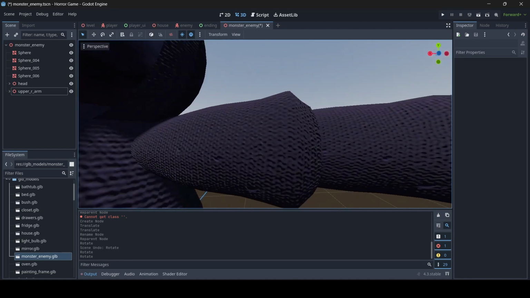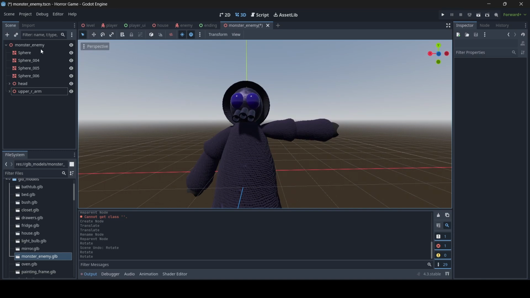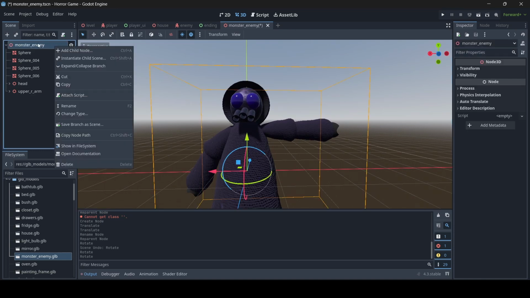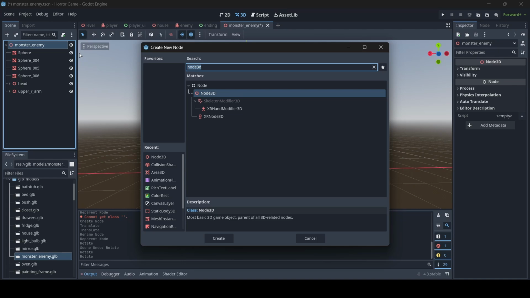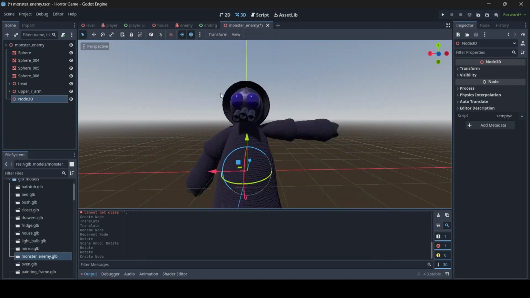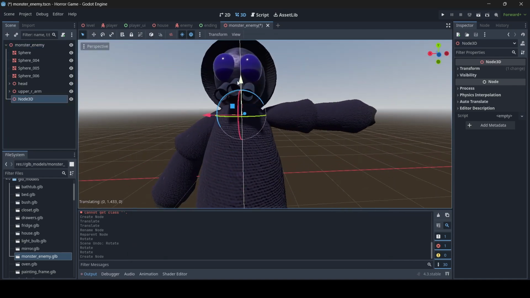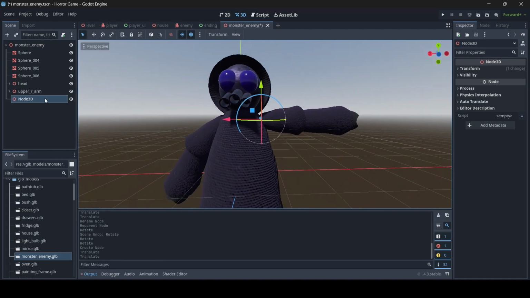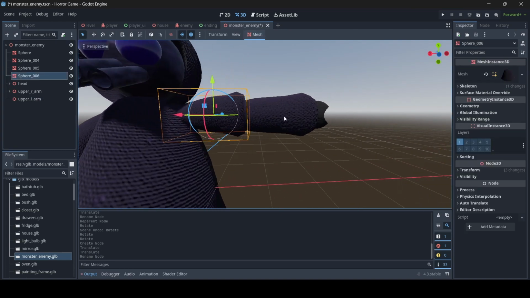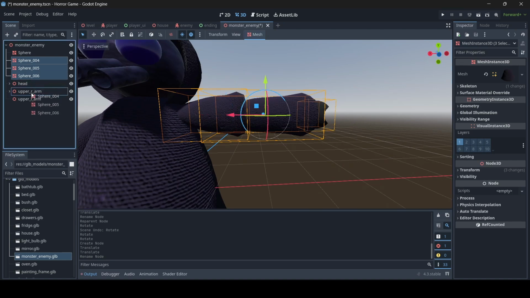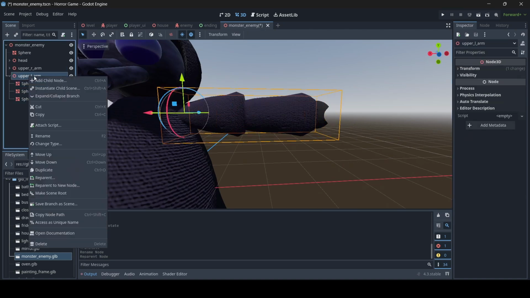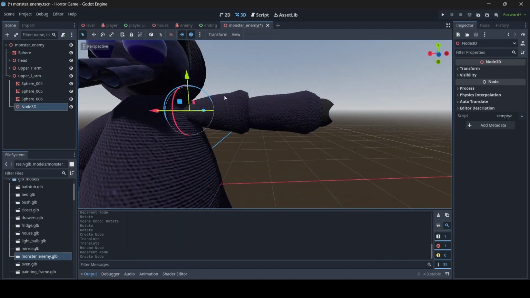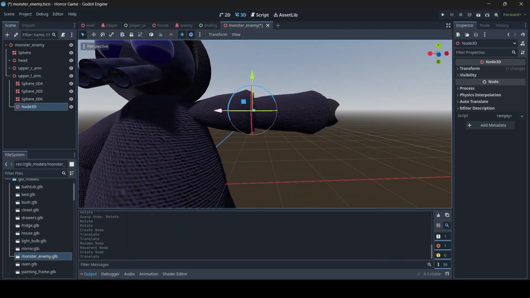And so now we're going to do the exact same thing for the left arm as well. So again, a child node to the parent object of our enemy, Node3D. There we go. And then we're going to move this up towards the end of the upper left arm here. There we go. And then we're going to call this upper_L_arm, L meaning left. And then we're just going to select all these nodes and make them children of the upper left arm,